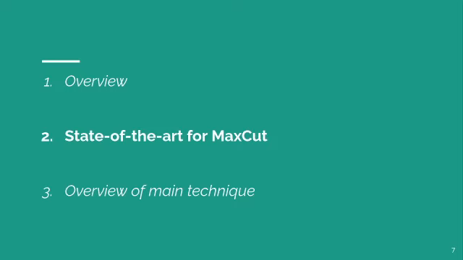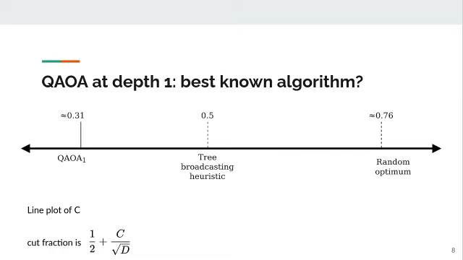So what's the state of the art for maximum cut? Here I have a line plot, and the line plot is cutting on random graphs. In a random graph, you have half plus some constant over square root d. That's the cut fraction, or the percent of edges that you can actually cut on a random graph. Through a really fascinating connection to spin glass theory, the Parisi value, 0.76 something, is the optimum you can do on a random graph as n and d grow large. And so that 0.76 on the right side is kind of your target.